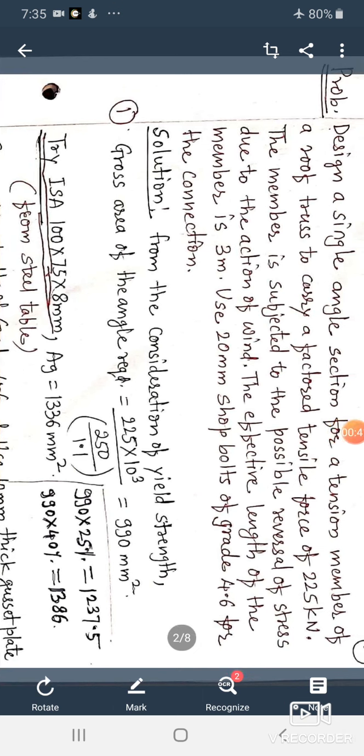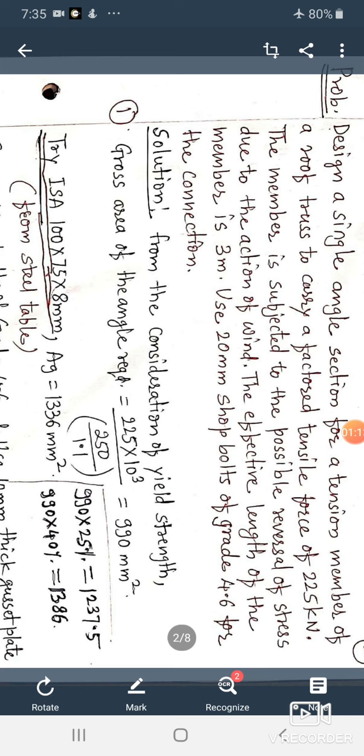Before going for the design, you have to first check whether the given load is a design load or working load. Depending upon that, you have to decide whether you have to multiply the load with the safety factor or not. Usually, whenever we are designing, the load always has to be a factored load or the design load. Here the given load is the factored load, so no need to multiply it by 1.5, that is the load factor.